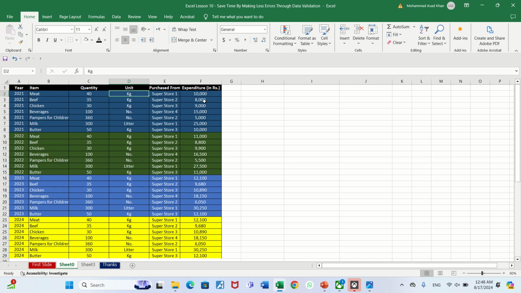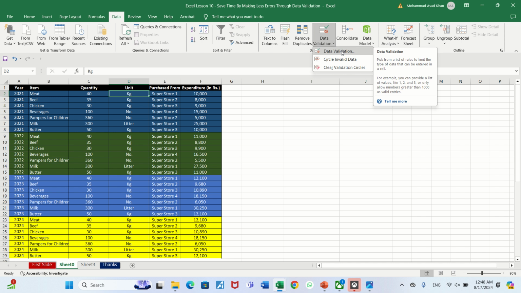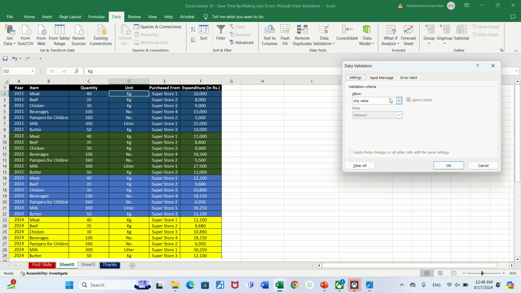So I go to data validation. First check on the ribbon. Yes, on Data first, and then I will come to data validation, and data validation again, and come to the validation criteria, Allow. In Allow, you can select List here. See, and from the list, you can basically just copy